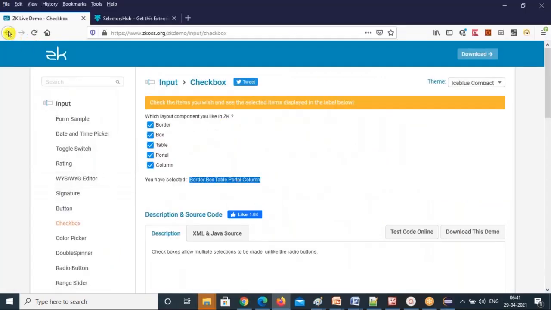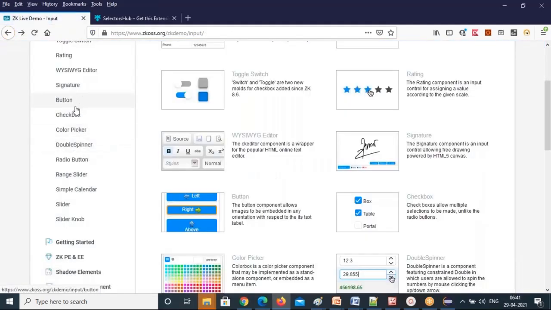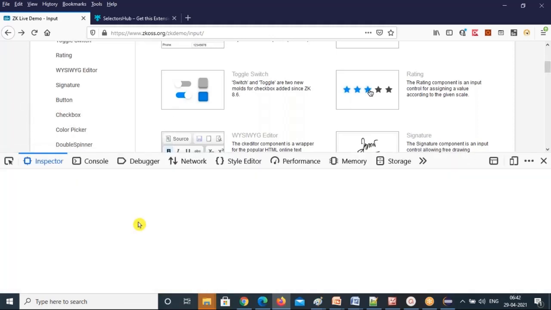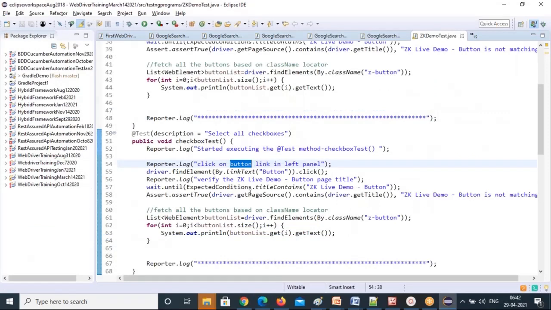So I'll go back and choose this one, checkbox, right click and get the link text. So this is the link text. You need to get it and use checkbox.